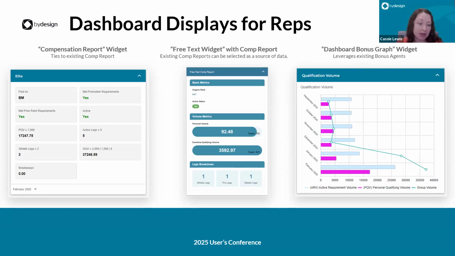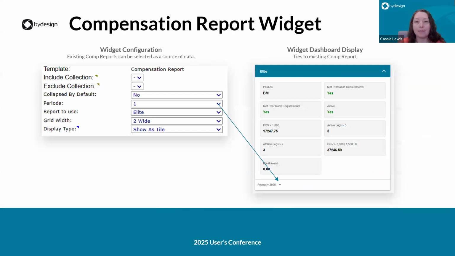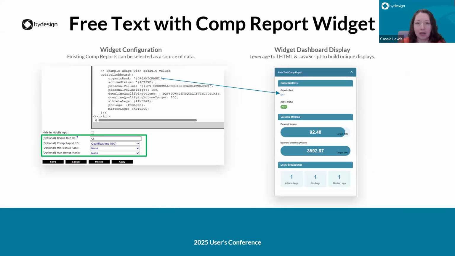So this is not going to be leveraging HTML, not going to be as custom. It is more out of the box, but essentially what you do on these dashboard bonus graphs, and I think I have it on the next screen,